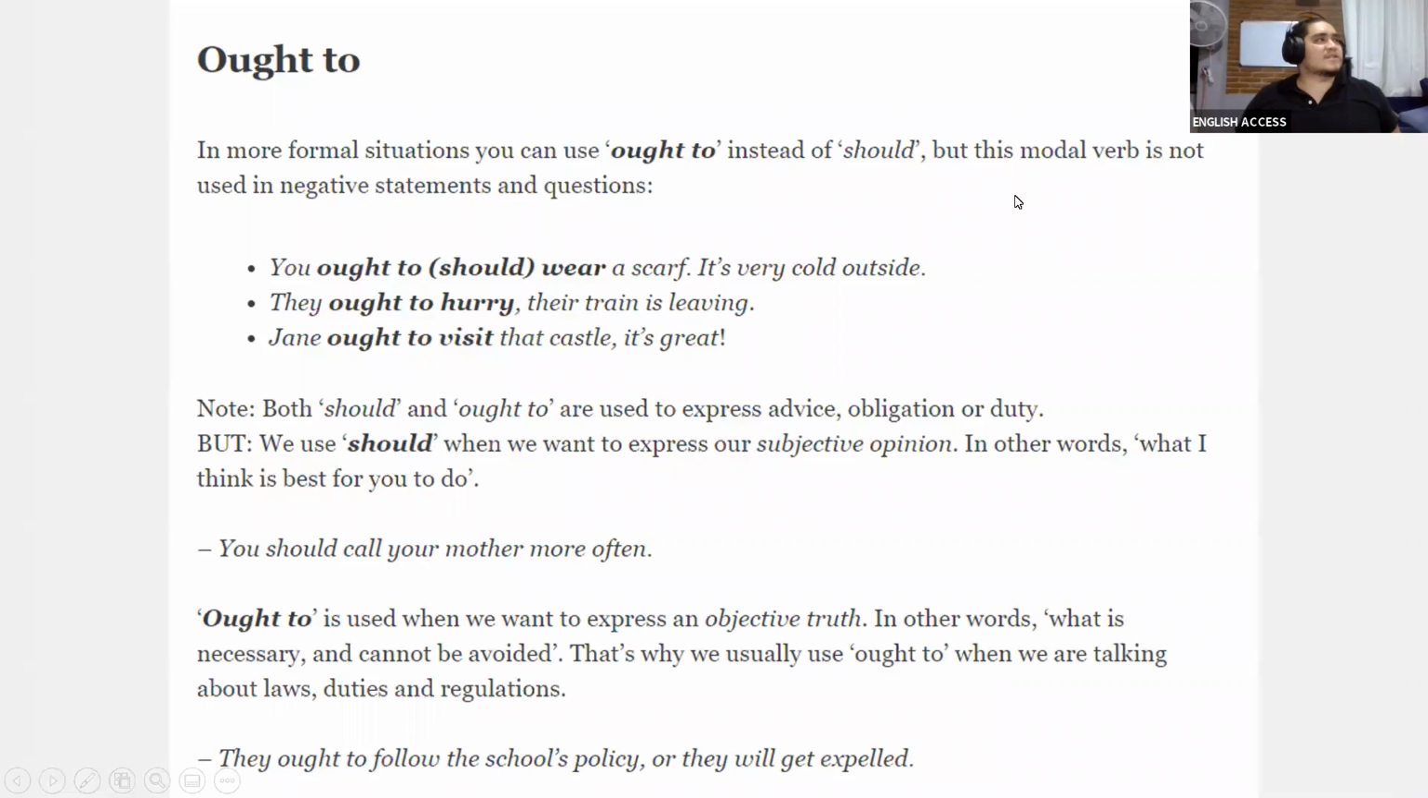Now we have ought to. Ought to is used instead of should for more formal situations. Now, this modal verb, however, is not used in negative statements nor questions. Well, I think we can use it for the negative, and the structure of the negative is this one: